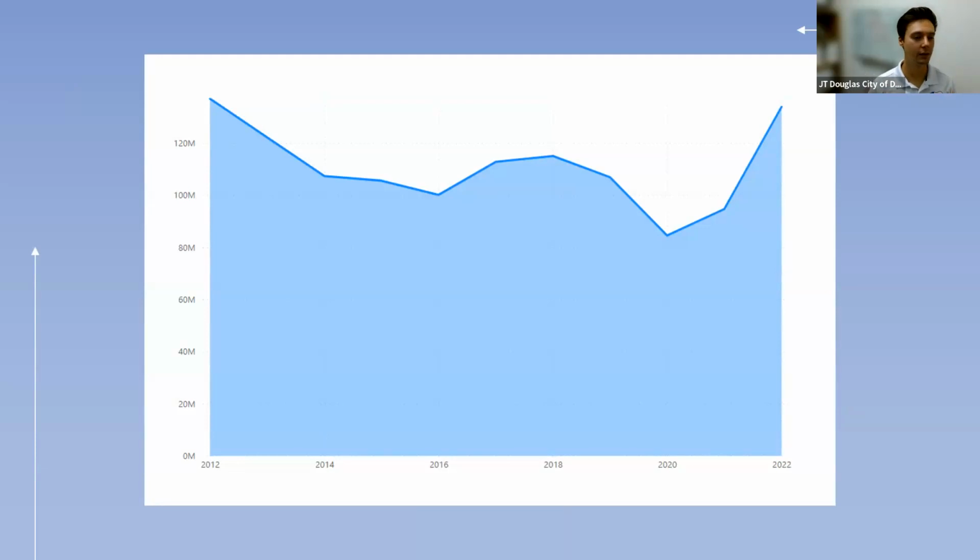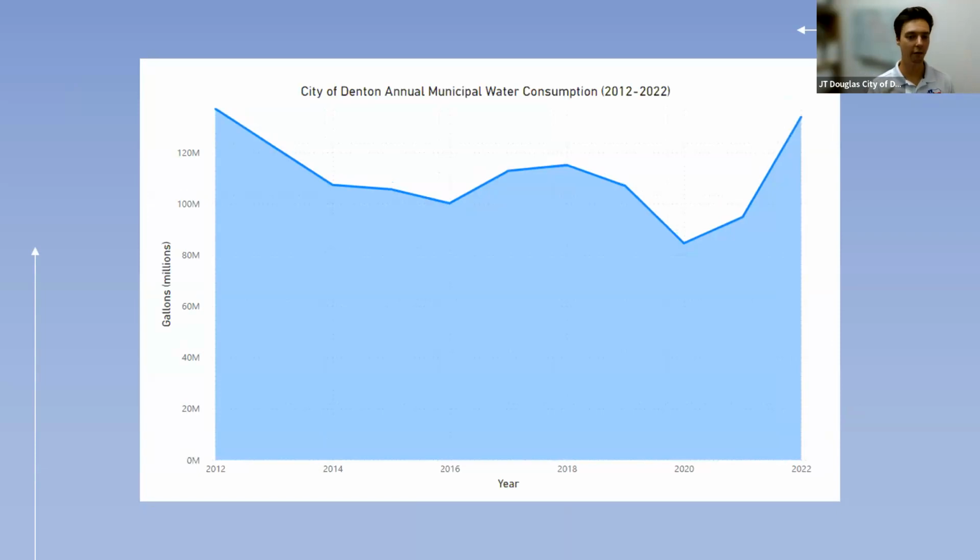We can probably decide that that's years, right? We typically see time on the x-axis. That's a good practice. And then we've got something on the y-axis that we don't know what that is yet. So we want to make sure that we're providing that context in everything that leaves from our office, right?